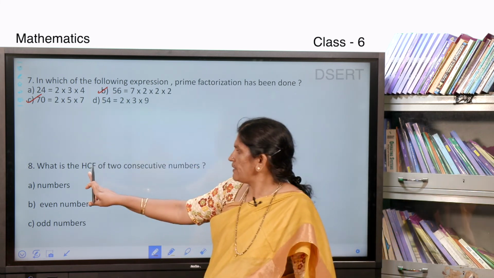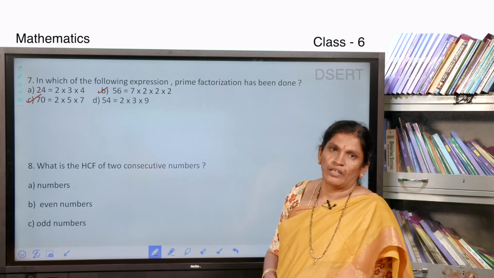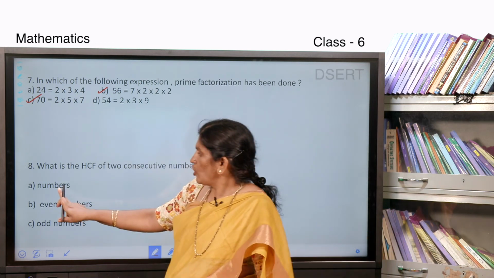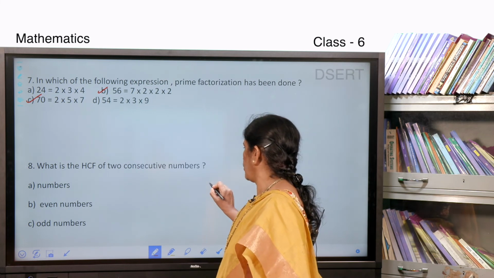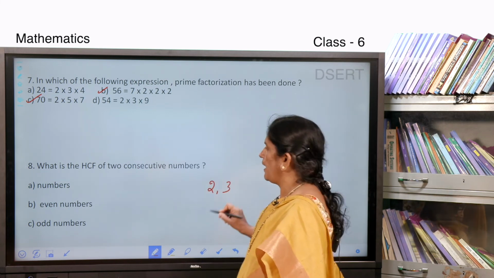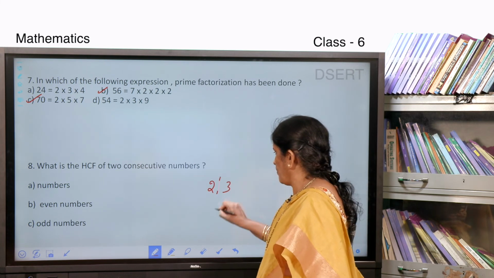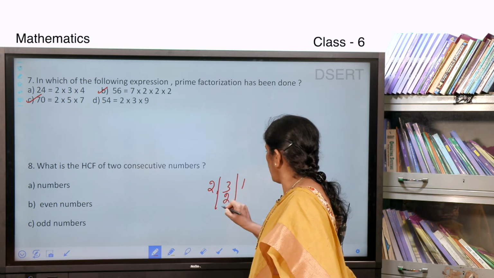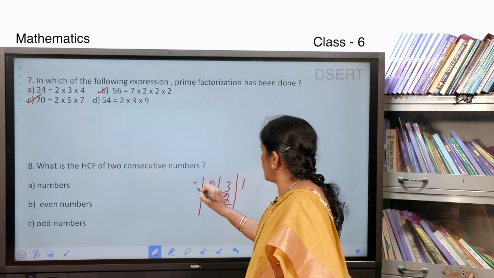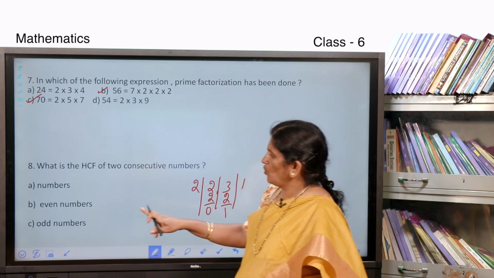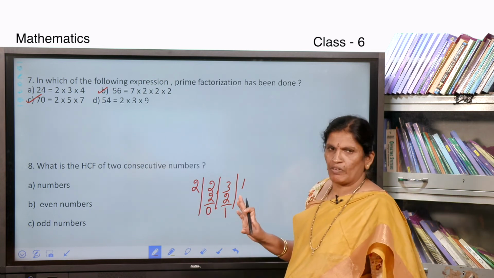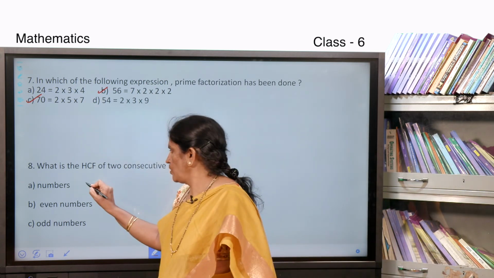Now come to the question: what is the HCF of two consecutive numbers? First one, consecutive numbers. Let me take any two numbers. See, 2 and 3. HCF is 1. See, 2 1s are 2, remainder 1, again 1 2s are 2, remainder 0, HCF is 1. So, any two consecutive numbers you take, the HCF will be 1. So, answer here is